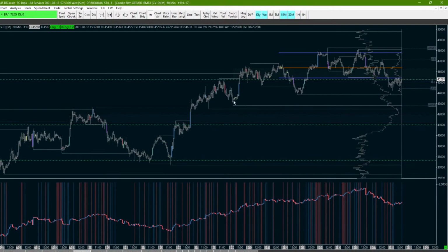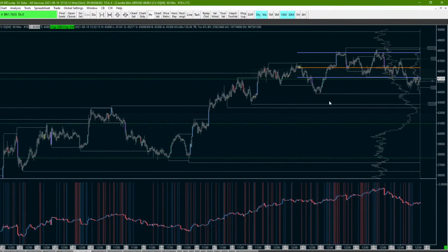Supply, demand, kind of demand, definitely demand, probably demand. These are definite. There's no doubt in my mind that bulls would buy these two areas, at least for a relief bounce. So, anyways,